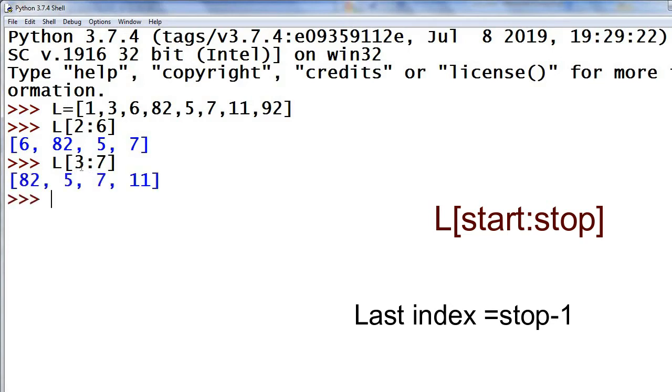Starts at index 3, that is 0, 1, 2, 3, from 82 onwards up to index 6. Index 6 is this one: 3, 4, 5, 6. That is, if the stop value is n, it will extract values up to index n minus 1.